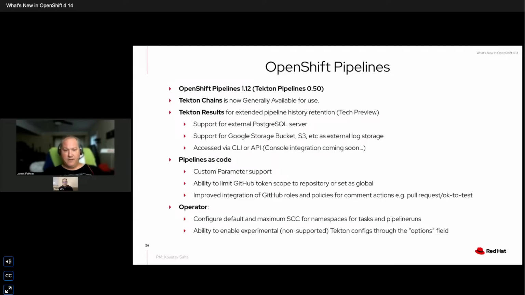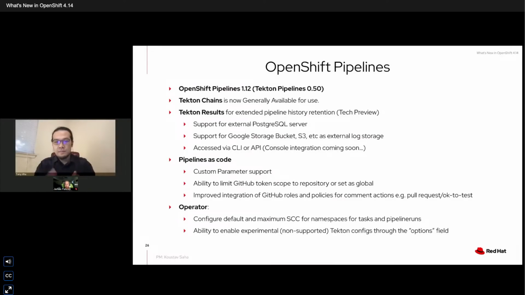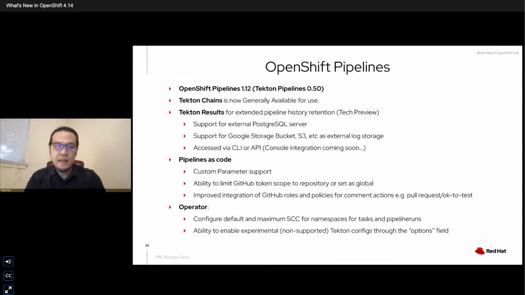Thank you. So in this release, Pipeline 1.12 is based on Tekton 0.50 upstream, and now Tekton Chains is GA. Tekton Results is released as tech preview, which helps users keep CI/CD workflow history and separate out long-term result storage away from the pipeline controller. You can bring in your own external Postgres database for storing records and external storage like GCS, S3 for storing